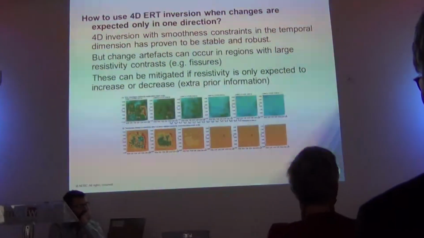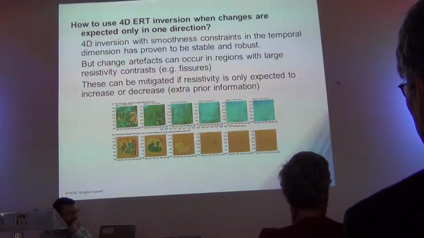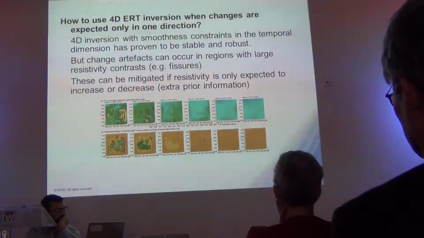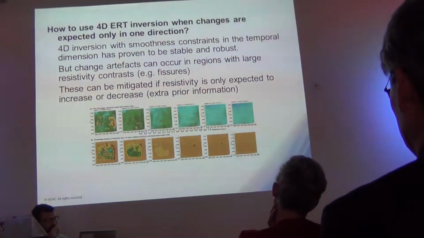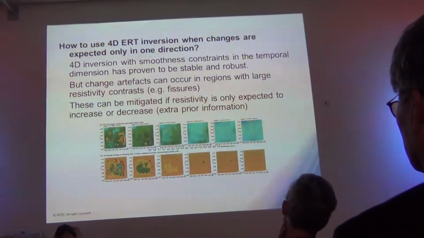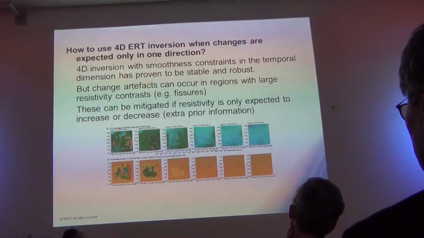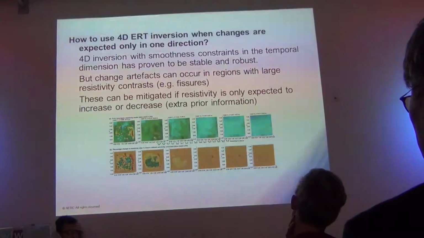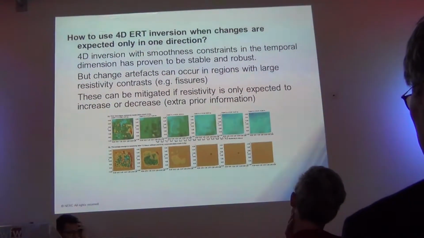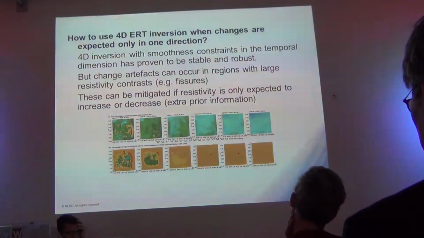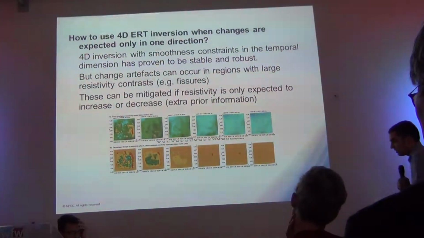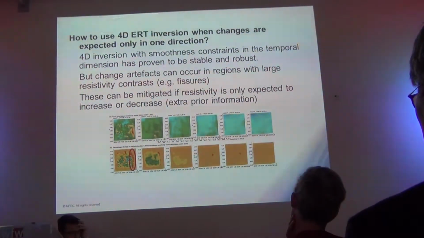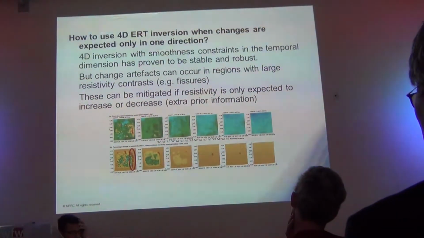There's an example here of an irrigation experiment over this little square array of electrodes, and the first row is the baseline model, and the second row is a time-lapse, basically a 4D inversion of one of the time steps. And you see there's some artifacts there which essentially represent